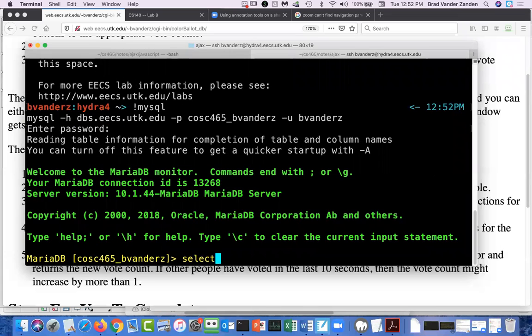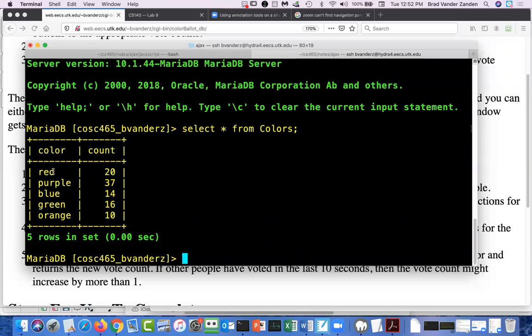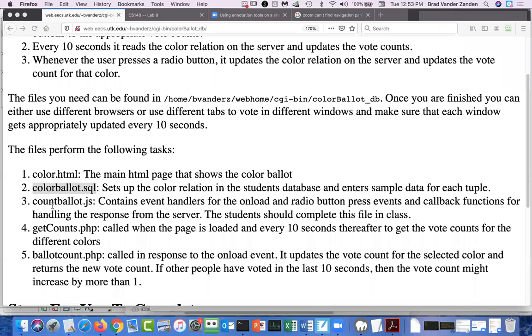If we select star from colors, you'll see that I have a small relation called colors with two columns, color, which is a string, and count, which is an integer, and it has the counts for each of our colors, and that's what's getting updated. And what is updating it is getCounts and ballotCount.